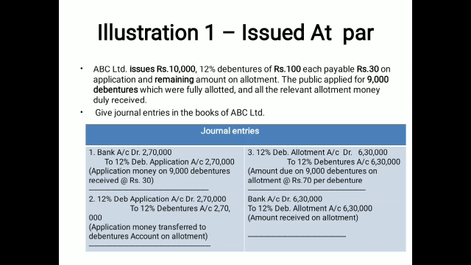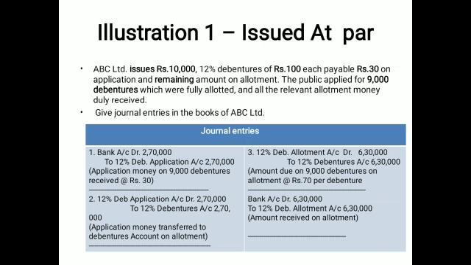Now this application received is 9,000 multiplied by the rate of 30. It means the amount is 2,70,000, and now this amount is transferred to the security name, which is the debentures account, that is, 12% debentures account. So this application money is to be transferred to the 12% debentures account. The entry is 12% debentures application account debit with the same amount which was already credited in the first, and to 12% debentures account with the same value; 30 rupees face value will be shifted here.